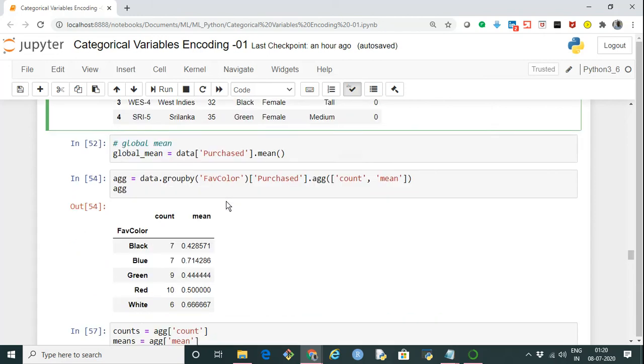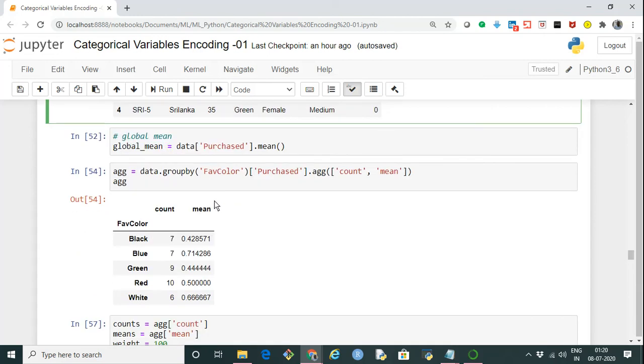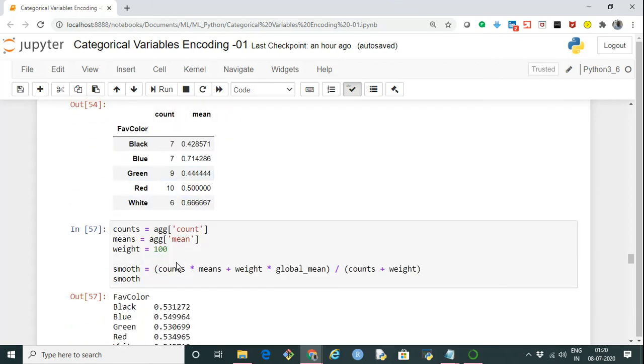And then what we are doing is we are creating a data frame in which for each of the categories I'm finding out the mean value with respect to the target and the count. Then using this formula, counts and means: counts is representing this column, means is representing this column.